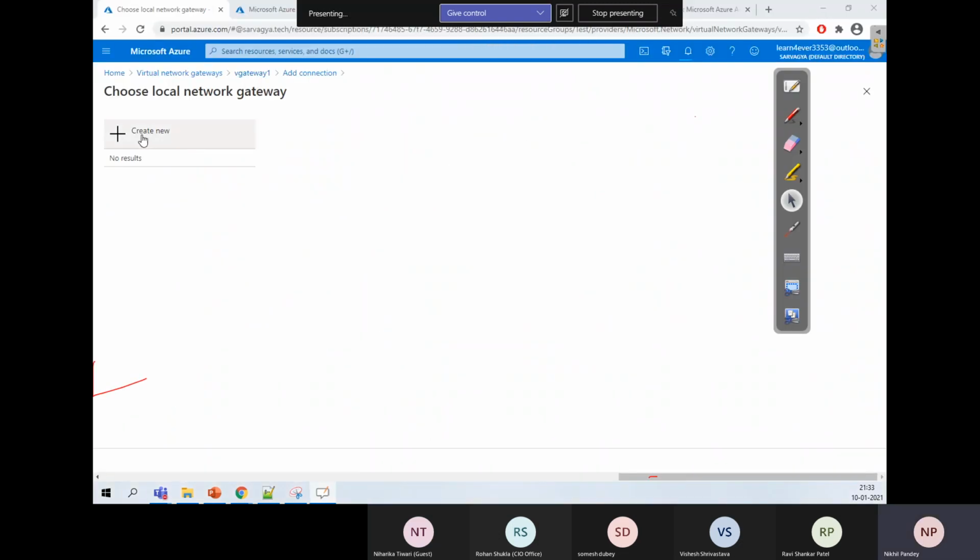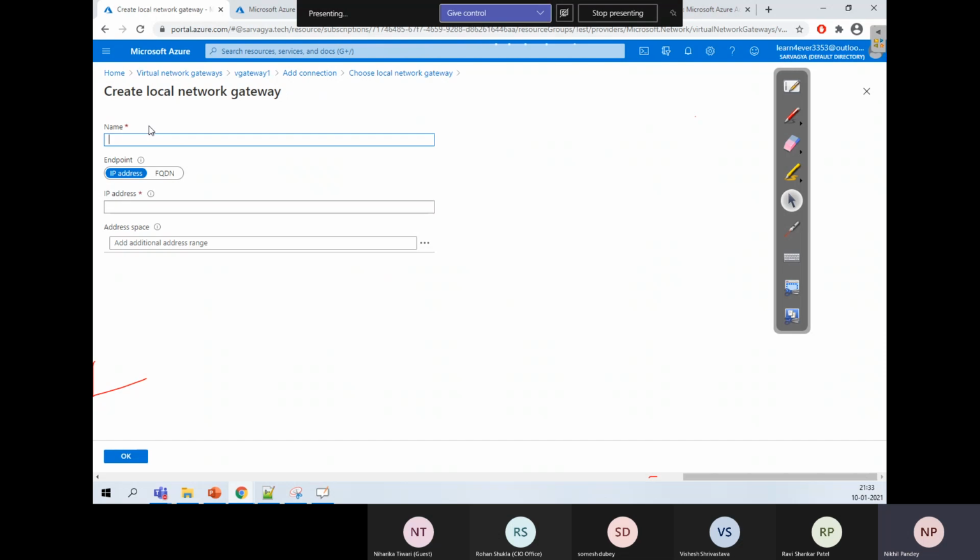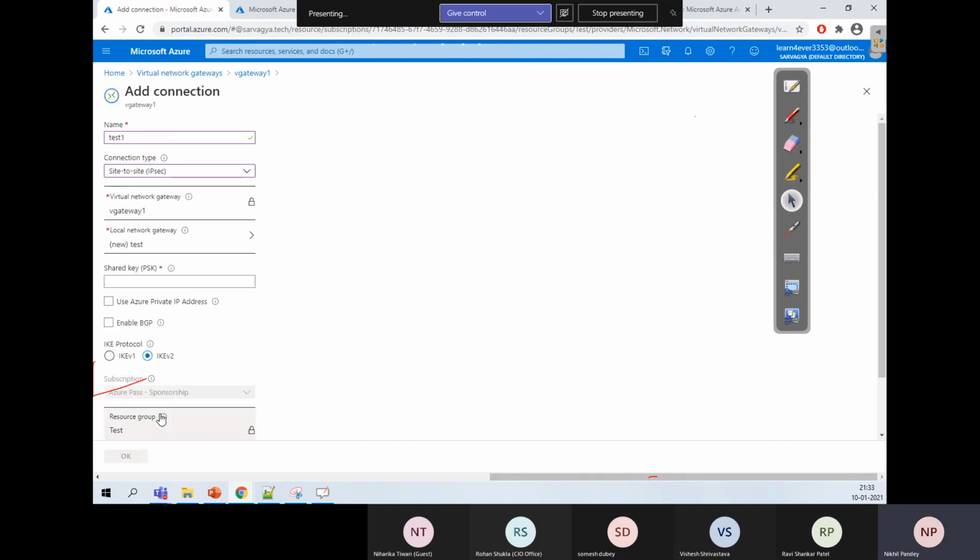So if I go over here, I need to create a local network gateway. Test. I have to give the IP address. There should be the IP address of that VNet. Okay, it's created. Then when we are configuring any VPN, it is either certificate based or pre-shared